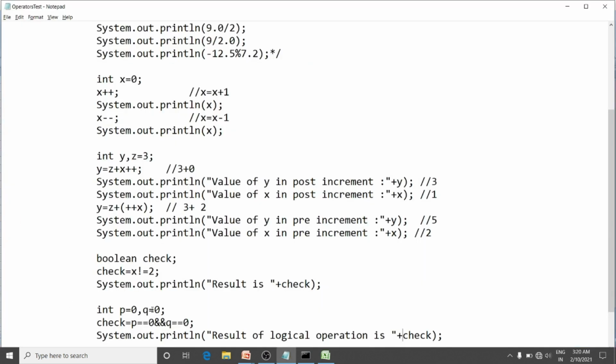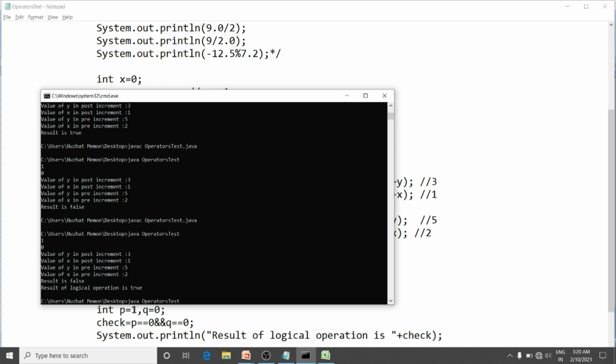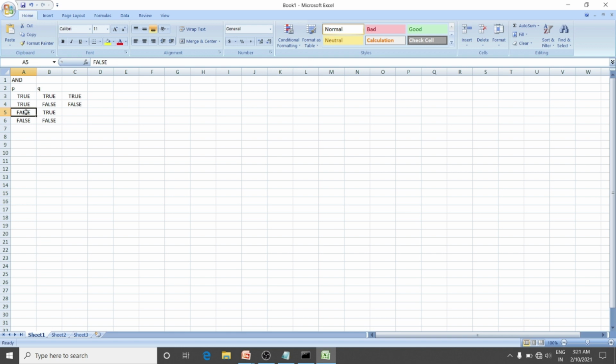See here, if I change the value of P to 1, then one condition is false. 1 is not equal to 0. Result will be false. If the left side operand is false, then no need to check any other operand on the right side. Evaluating the first operand and getting the result false in AND condition is sufficient to say that the expression is false. That is short-circuiting expression. We will not evaluate the whole expression. On the basis of the first condition, we will derive that the result is false. Both conditions are false. So here result will be false.